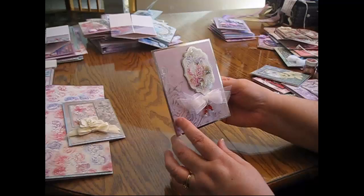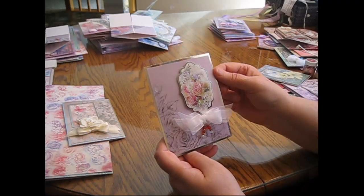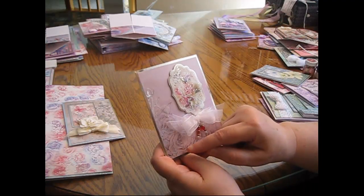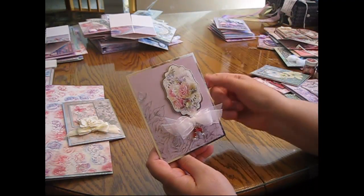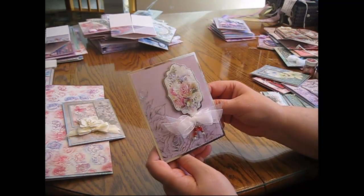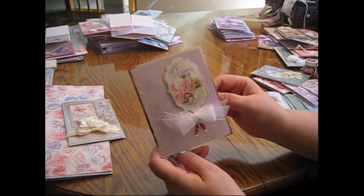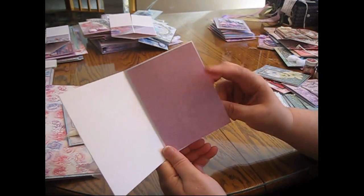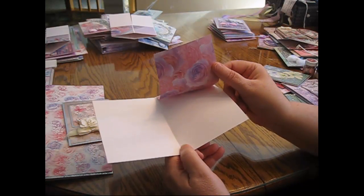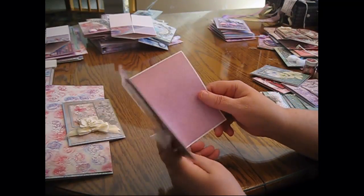once again, I attached my acetate to my paper. I've covered my A4 card with silver mirror board. Attach my paper, attach my acetate of the same size as my paper. I've put my embellishment or my topper up on some foam tape, tied kind of a foofy bow with a couple of loops in organza, and used my bead pens. Matching insert paper is created once again out of that Floral Shimmer. Those are double-sided sheets, so some of them are real subdued and some of them are real bright. But you can just choose the side that matches your